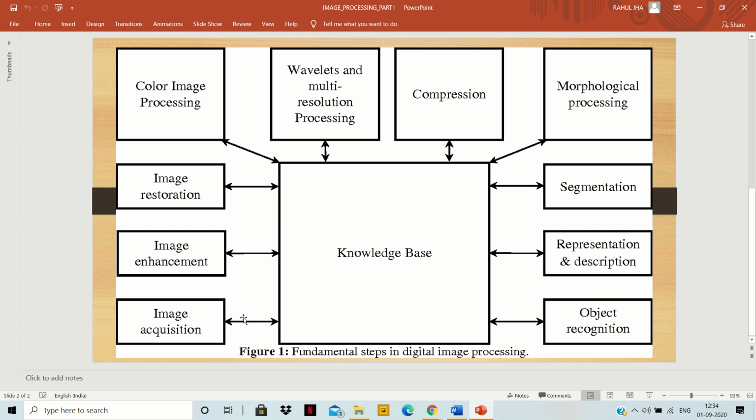Image restoration means we improve the appearance of an image so that we can extract something in a better way, and find some objective using that particular image. Then the next step is color image processing. In color image processing, basically we model the image using color models. We apply the colors and perform different operations so that we can find out something better from a picture. The fifth process is wavelets and multi-resolution processing.